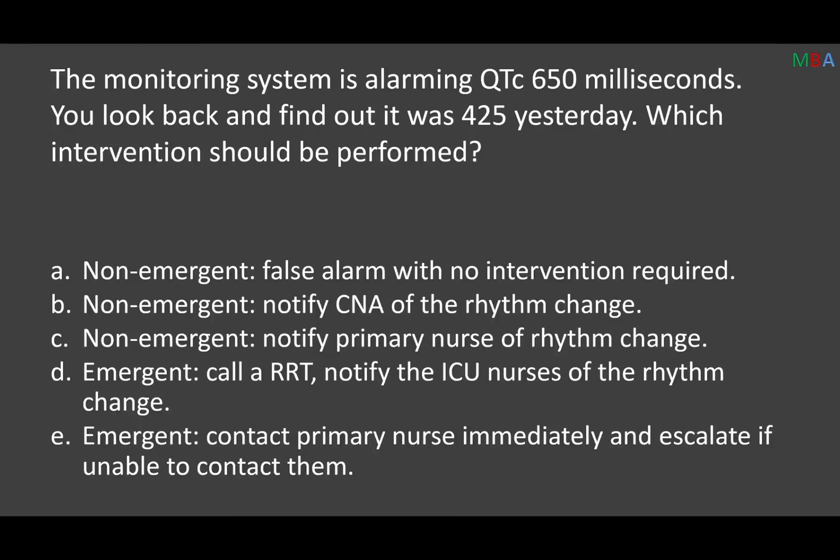The monitoring system is alarming QTC 650 milliseconds. You look back and find out that it was 425 yesterday. Which intervention should be performed? Well, is this emergent or a non-emergent item? As of right now, you have to ask the question, what's normal? And so looking back, for men and women, it's slightly different, but ultimately we don't get excited until it's greater than 500 milliseconds. So at this point, the patient has a QTC that's greater than 500, and so we need to react accordingly